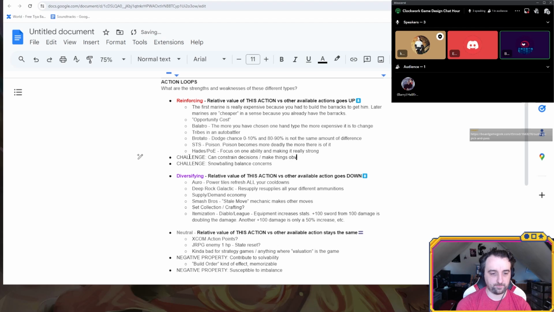I think this is the case with Hades, where at a certain point it's like, okay, on this run I'm going for whatever attack is going to be super powerful. So anytime I get a choice between these things, it's like, okay, well, I'm just going to buff the thing that's already strong. Sure.